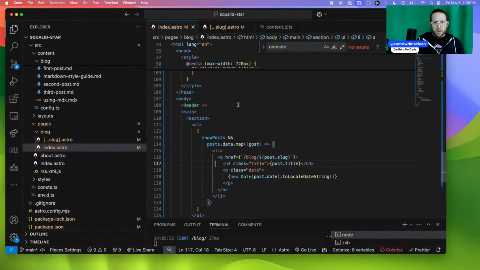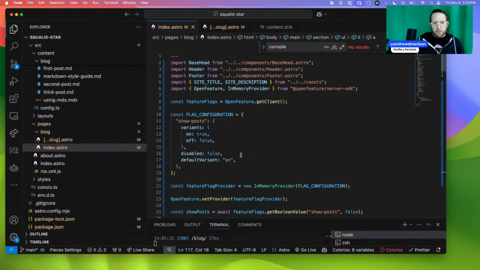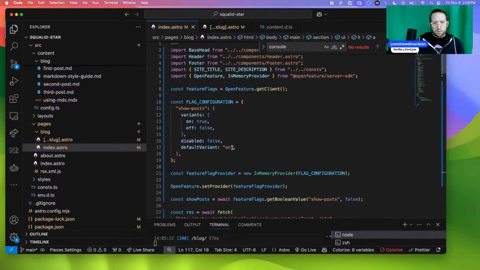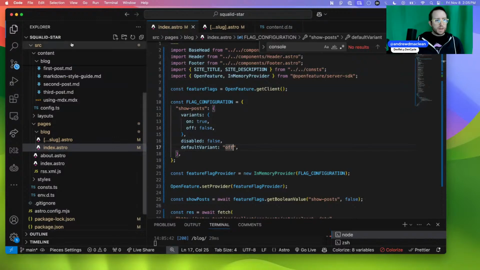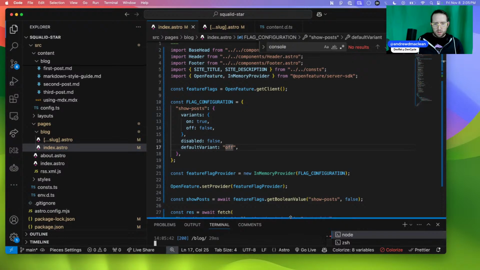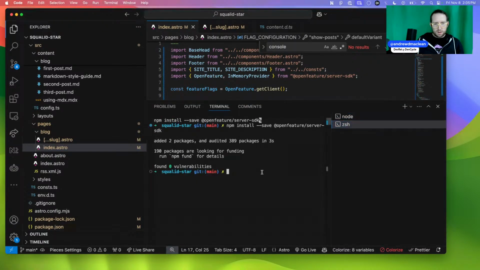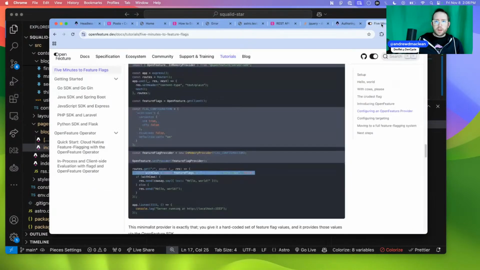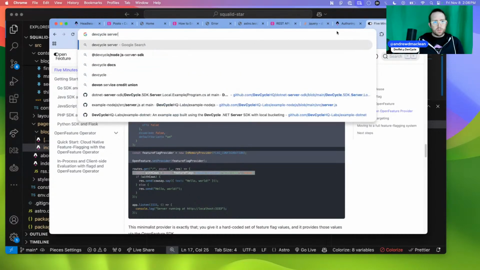So this is working, but what if I want to set this to false? So variance true, variant on, default variant off. So like super fast actually. Okay, how easy is it to DEVCYCLE into here? We are going to need to uninstall the server SDK because it actually comes with DEVCYCLE. So let's go npm uninstall. Uninstall, it's gonna break things. DEVCYCLE, server SDK,